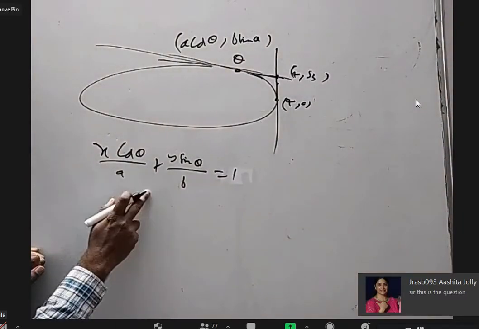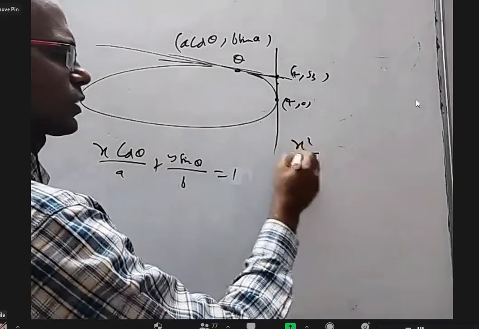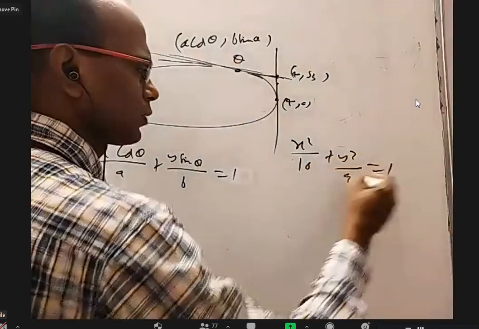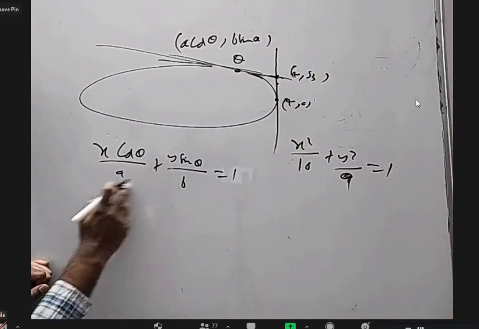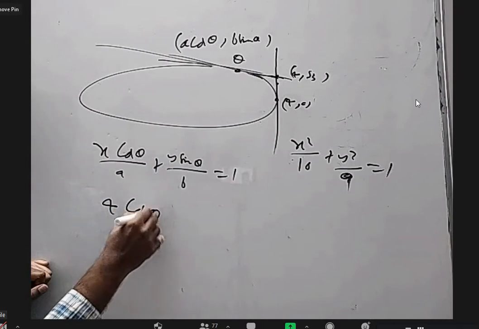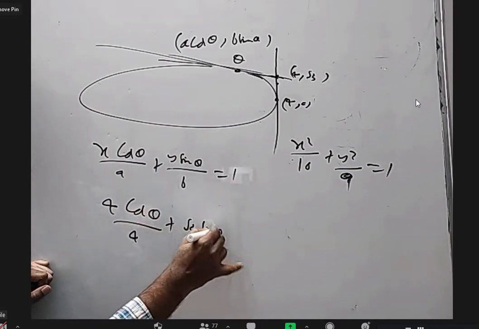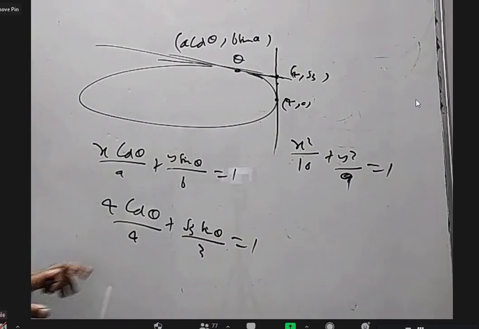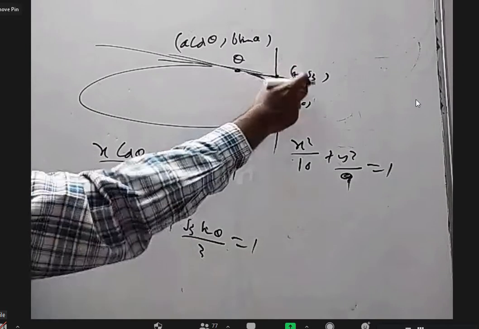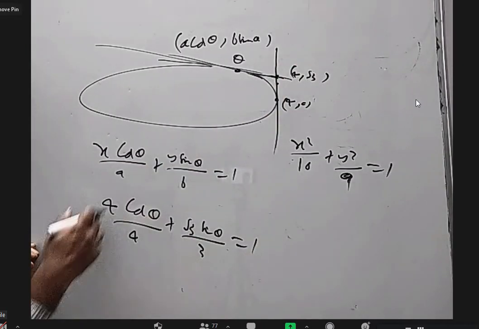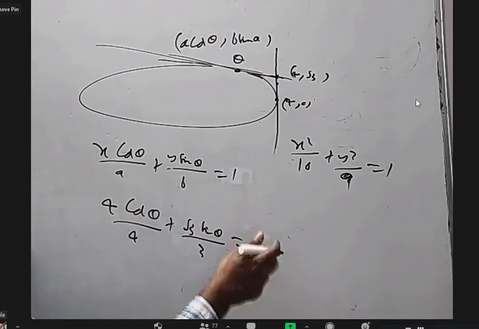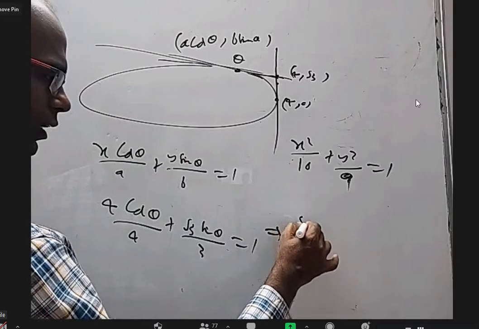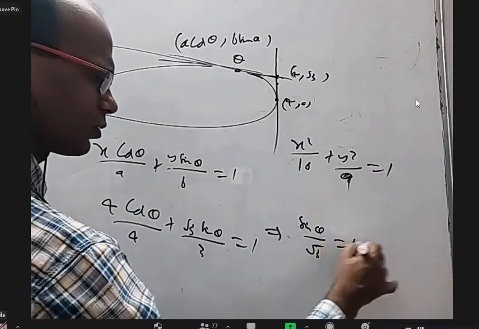Okay. What should you do? First of all, what is this ellipse? X square by 16 plus y square by 9 equal to 1. It should pass through 4 comma root 3. Substitute 4 here, root 3 here, and a and b here 4 and 3. Okay. 4 cos theta by 4 plus root 3 sin theta by 3 equal to 1. This 4 and 3 are from a and b, and this x and y are from the point 4 comma root 3. So this is a trigonometric equation. You have to get the theta value from it. 4 will cancel. Here root 3 is left and cos theta to that side. You will get sin theta by root 3 is equal to 1 minus cos theta.